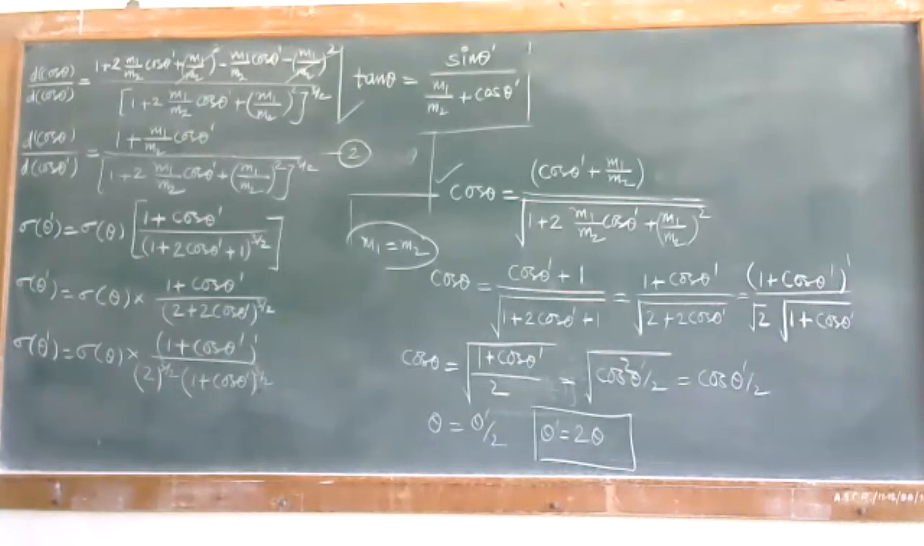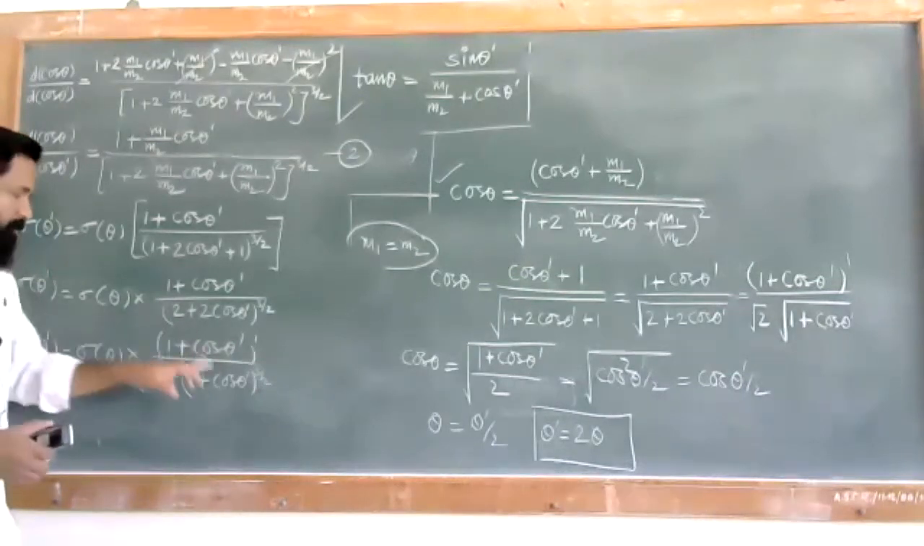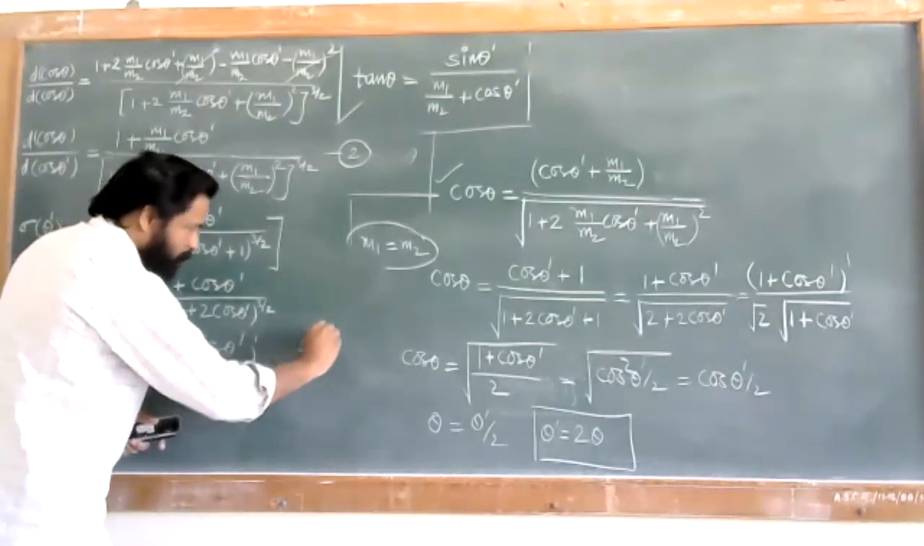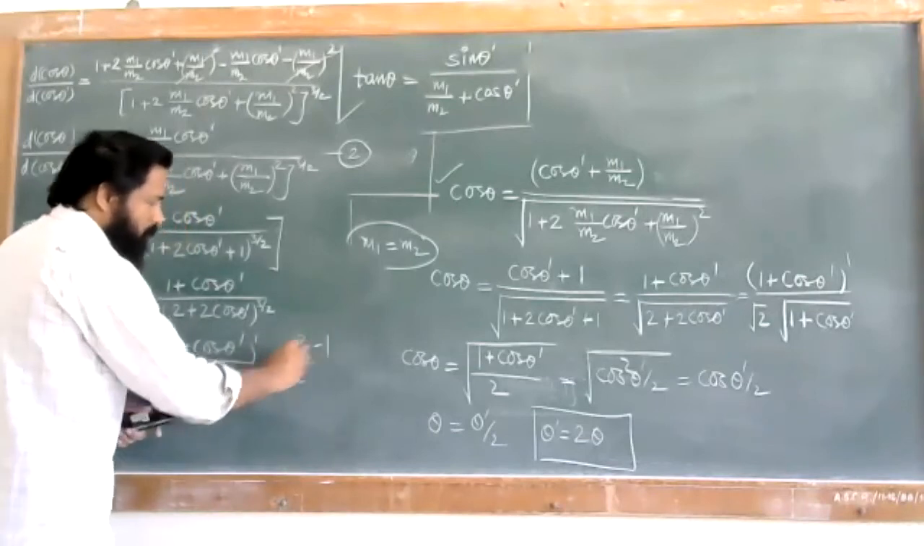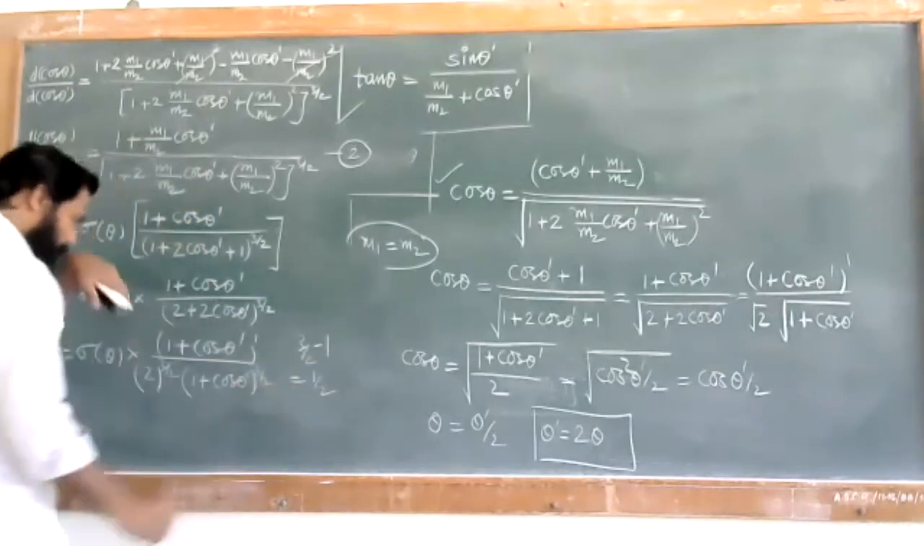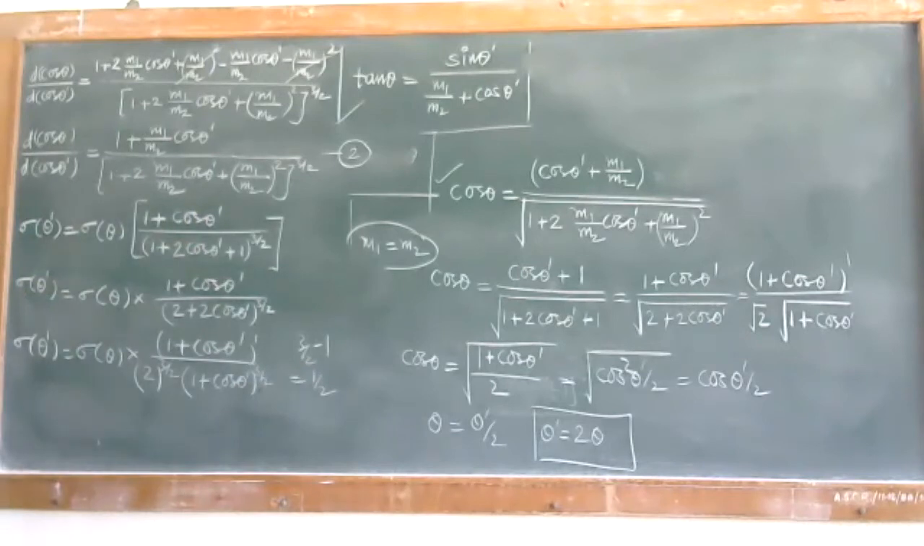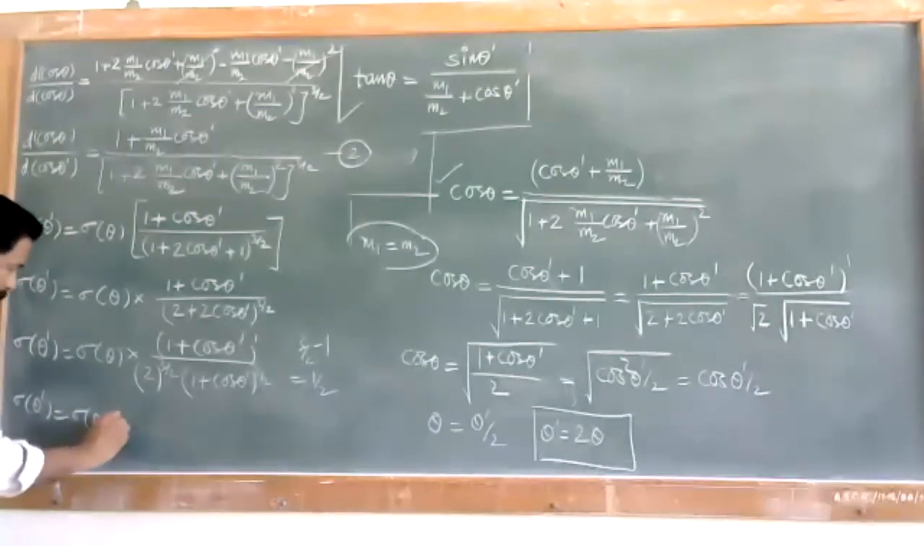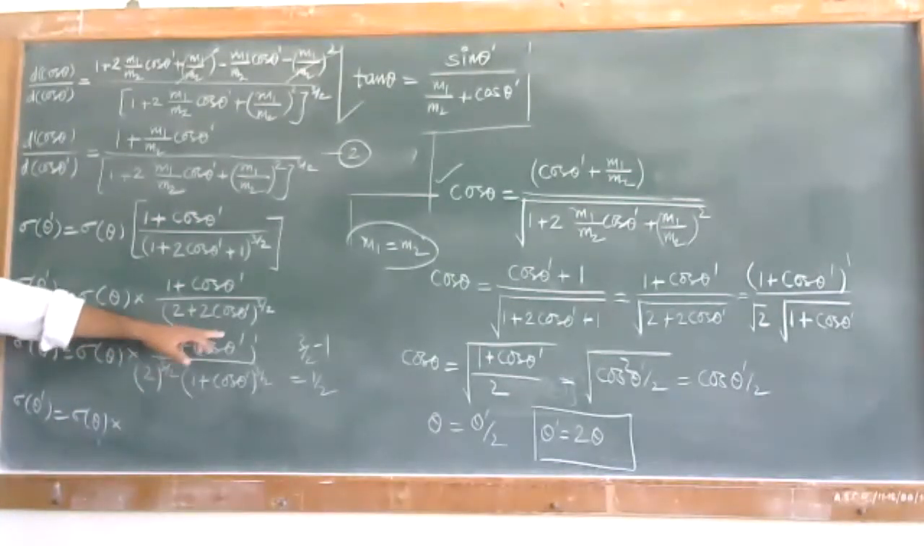We just take it out like this. So 3 by 2 minus 1. So this is 2, 3 minus 2 is 1, so raised to 1 half. So that term can be written as sigma theta dash is equal to sigma theta multiplied by 1 plus cos of theta dash divided by 1 plus cos of